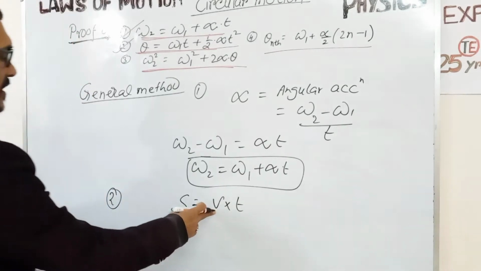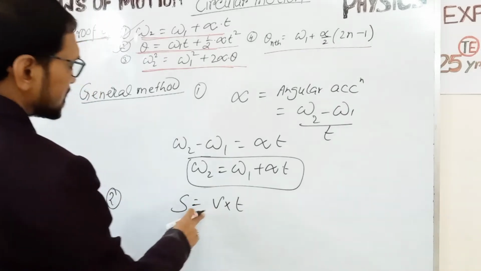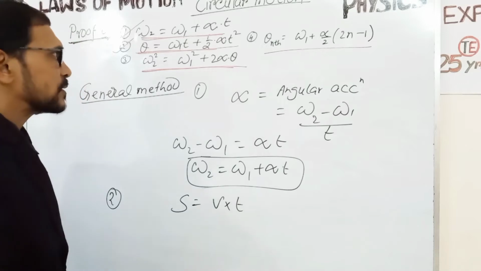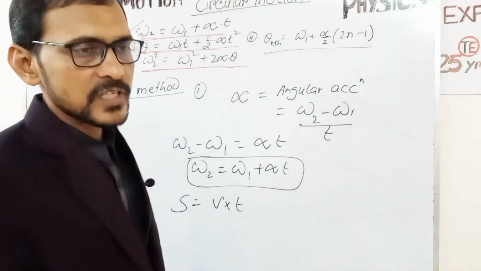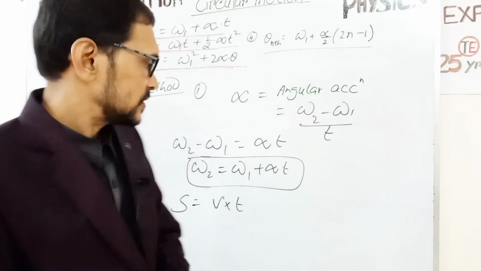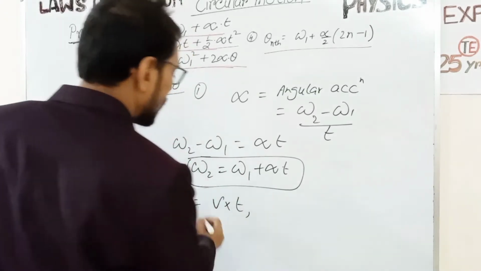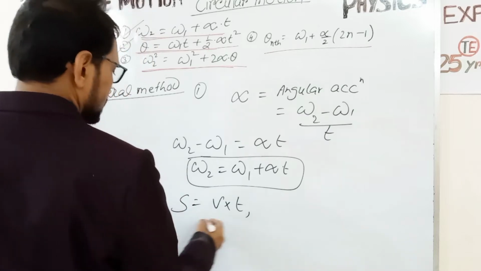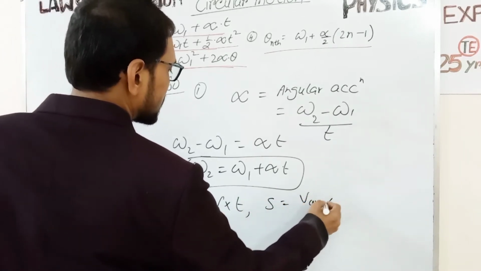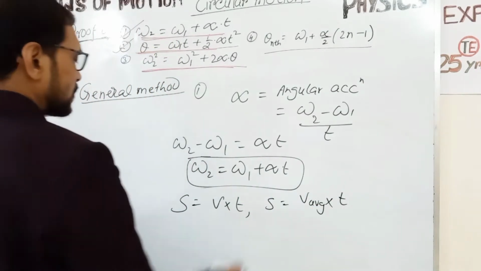Now if the body has variable velocity, that is, if the velocity of the body changes, then we take the average velocity. So distance equal to average velocity into time. Now for angular motion,